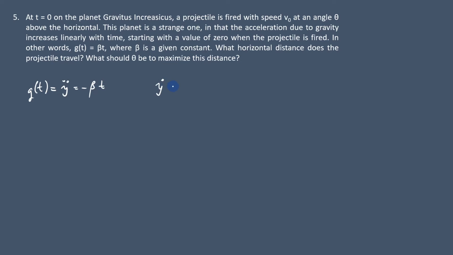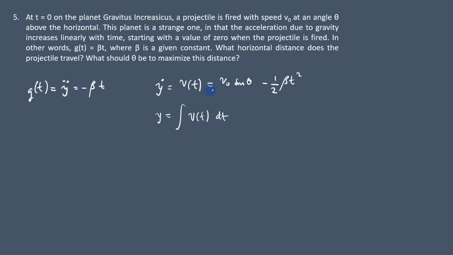So the velocity y dot equals v as a function of t equals Vo sine theta minus 1/2 beta t squared. This is the equation of projectile motion with acceleration beta t, where beta is a given constant, and we can get the height y equals the integral